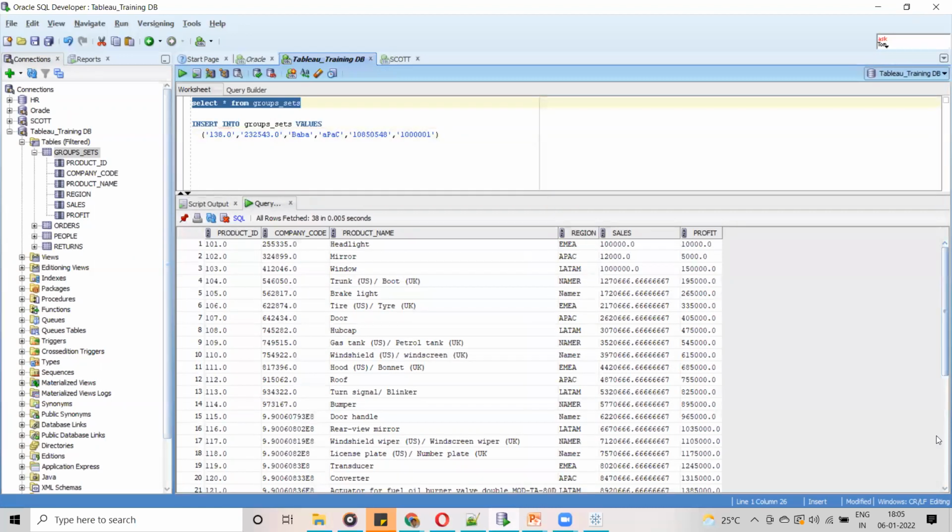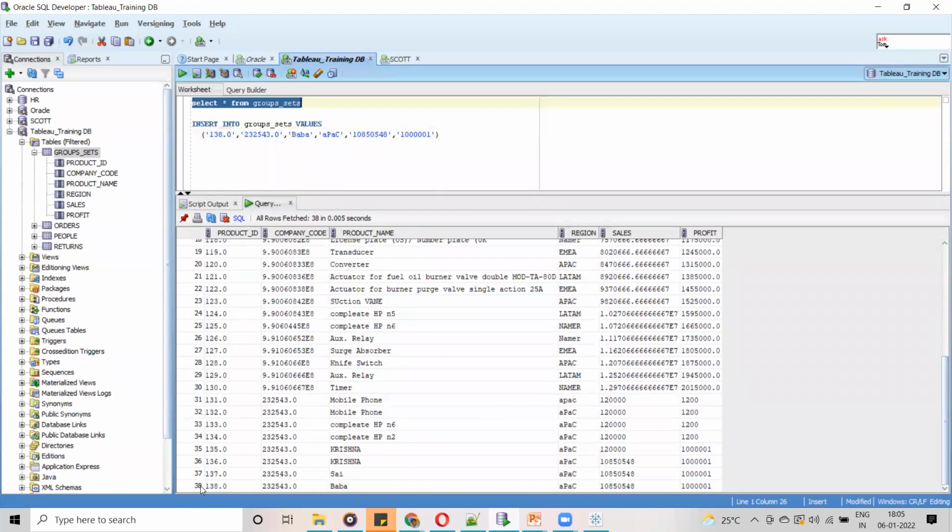We are having 38 records, guys. But here actually we are not having 38 records. Why is it displaying 38 records? Some products, like mobile phone, are duplicated. So that's why it is displaying 38 records. Duplicate means the ID is different. So that's where it is displaying like that.